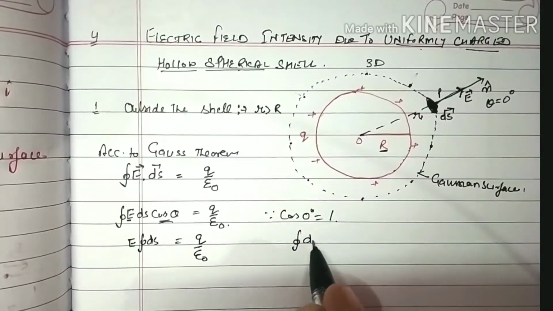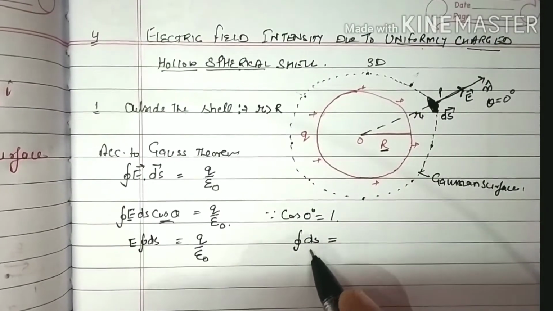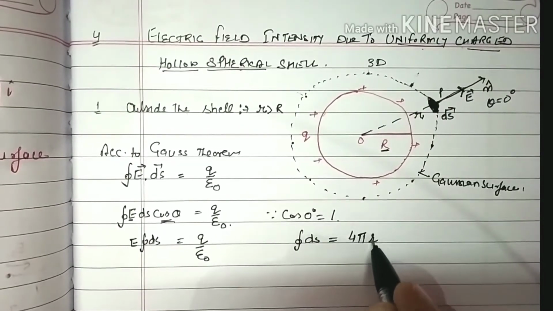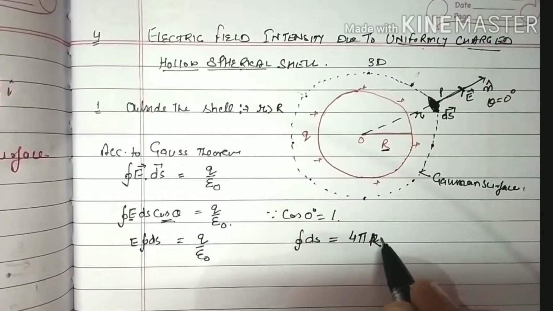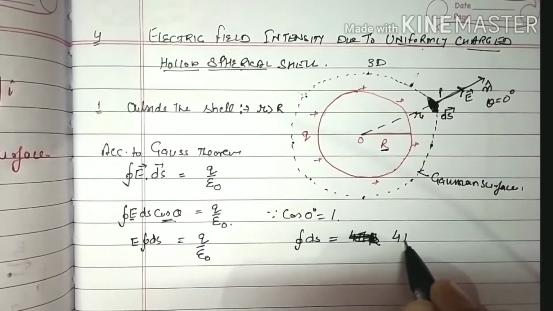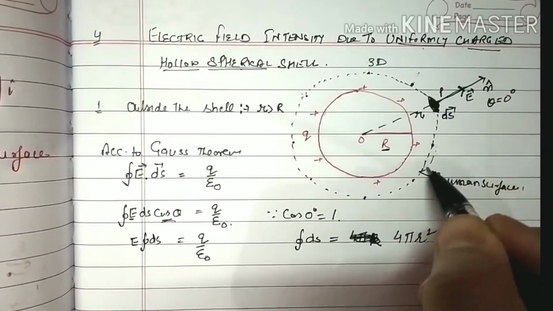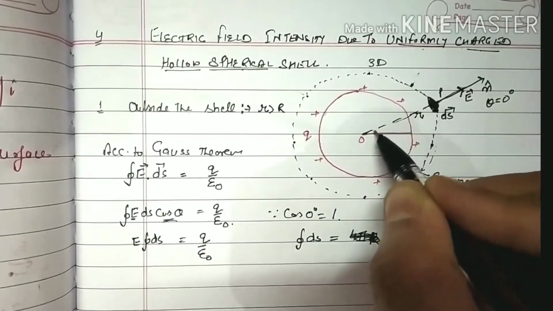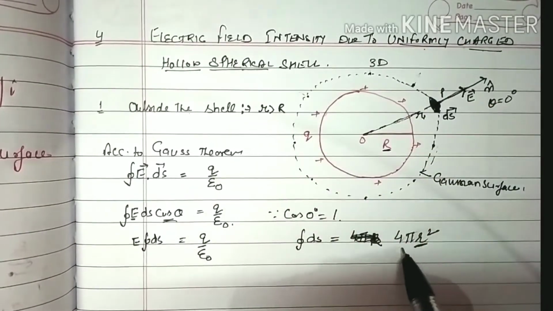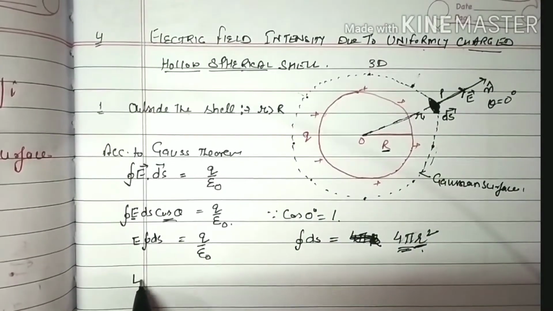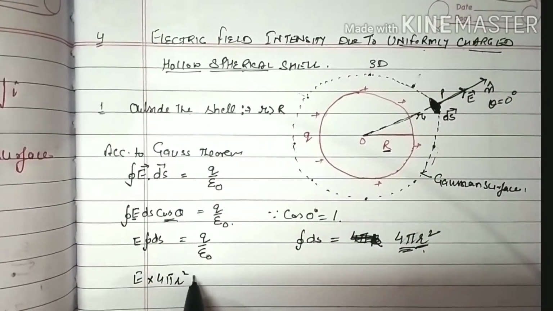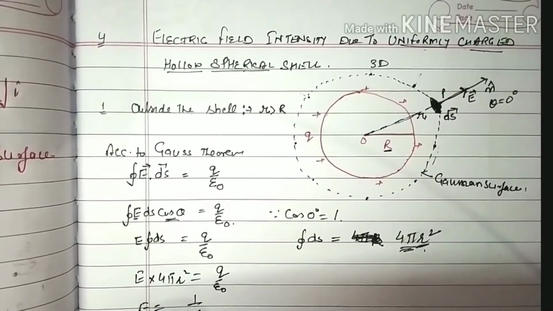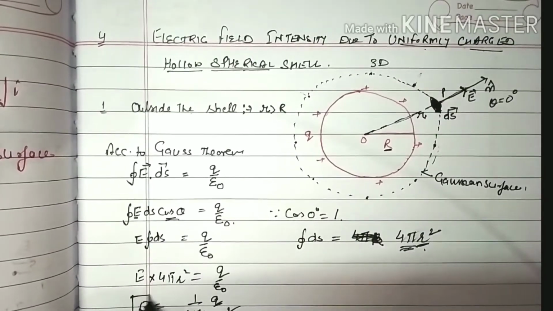So now the integration of this area vector over the whole surface becomes 4 pi r square. This is the whole area of this closed surface, that is 4 pi r square, where r is the radius of this Gaussian surface. So we can write here E into 4 pi r square equals q upon epsilon naught. So E is equal to 1 upon 4 pi epsilon naught, q upon r square. This is the electric field intensity